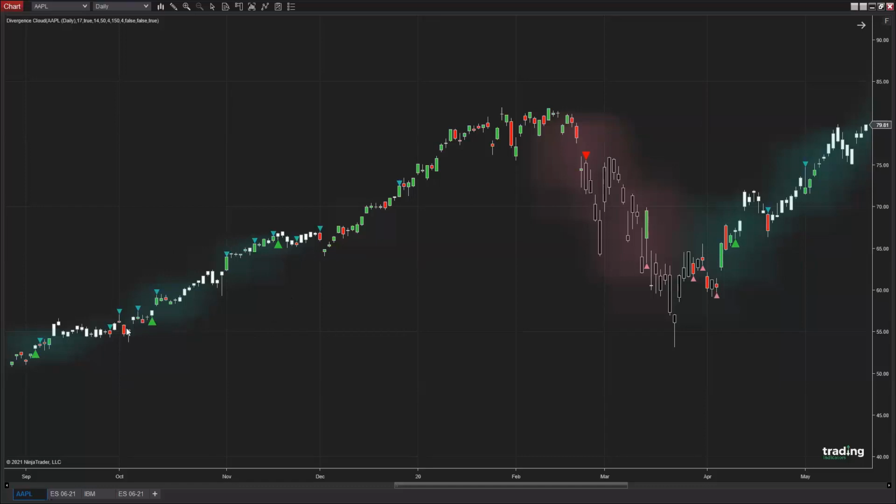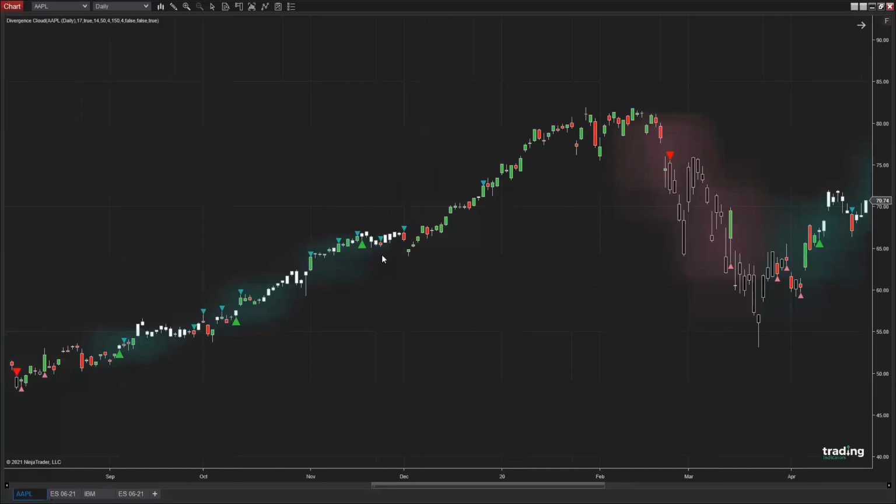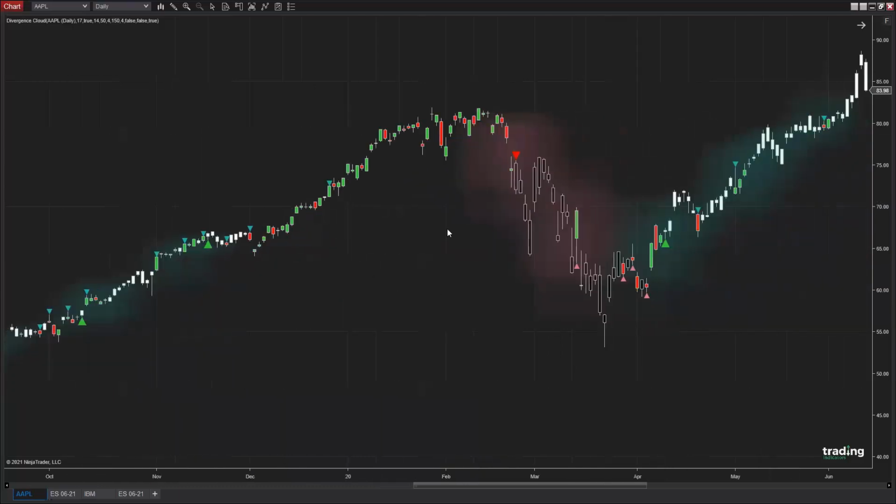A greenish cloud shows a bullish divergence, in this case a strong suggestion that the uptrend may continue. A reddish cloud suggests a bearish divergence and an indication that the predominant trend may come to an end and may reverse into the opposite direction.